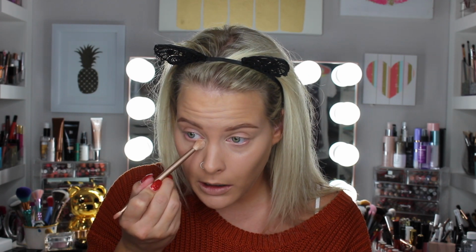Normally I would set my under eye with my e.l.f. under eye brightening powder, but I'm going to try this to set my under eyes. So I'm just going to go in and get out some of these creases. I'm going to do one eye at a time, and I've been using this dual-ended KKW Beauty concealer brush to apply. So I'm just gonna dip that in here. It kind of looks like it has a little bit of a yellow cast, but I feel like all the Too Faced foundation shades have a yellow undertone as well. And I like neutral undertone foundations and concealers, but